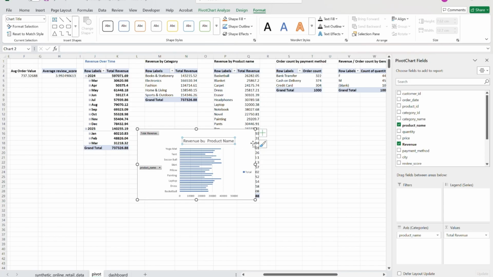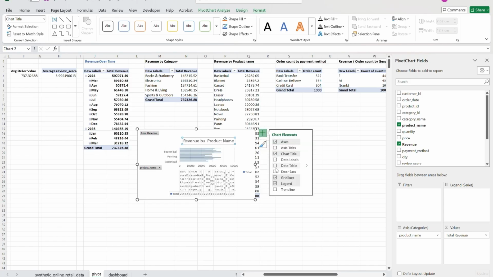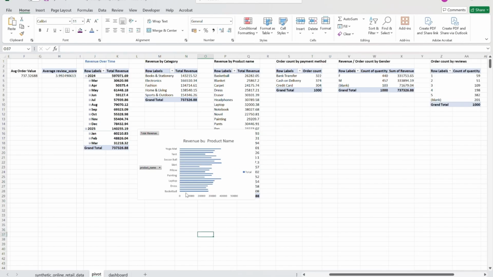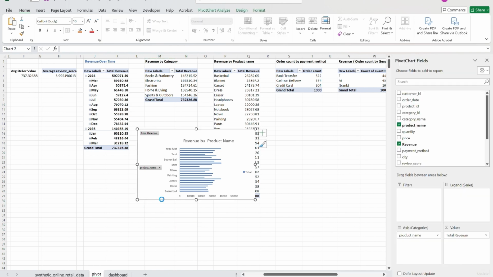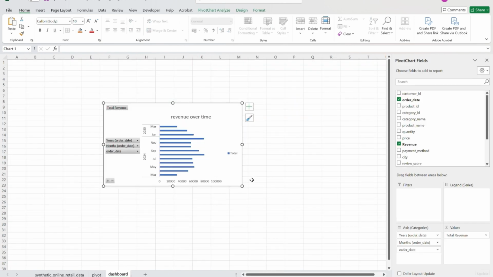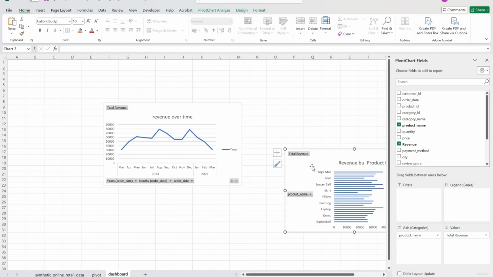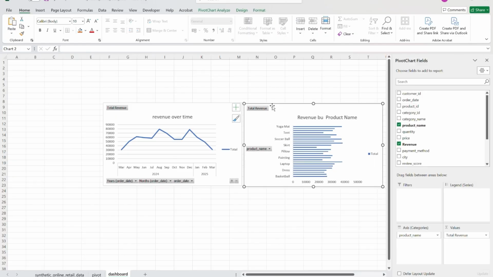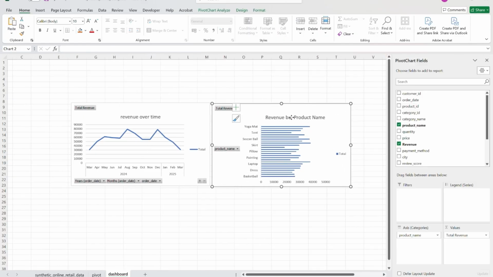If you want to do some edits, you can simply click on this, and you can mention chart labels. If you want to show grid lines, you can click on this. In this case, I don't want to show them. Axis titles, if you would like to give, you can give the axis titles as well. In this case it is obvious, so I'm not giving anything. Now Control X, and I'll just paste it over here. So this is my revenue by product name.